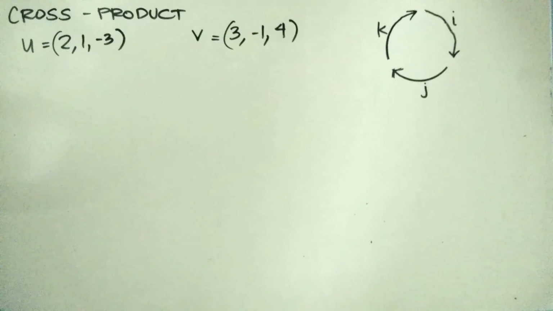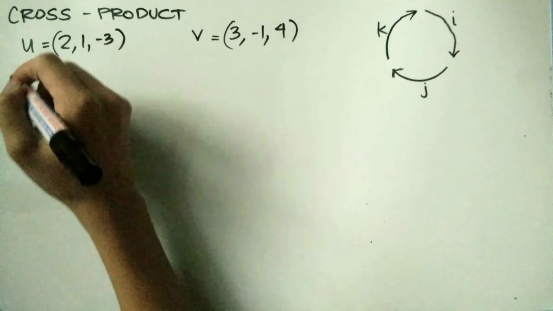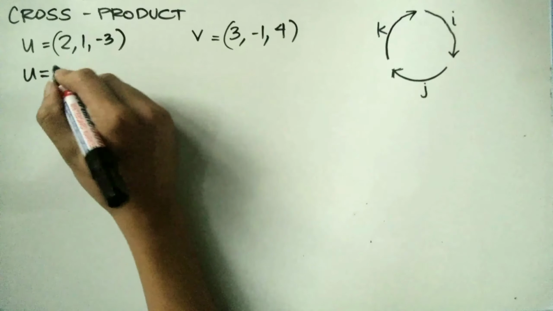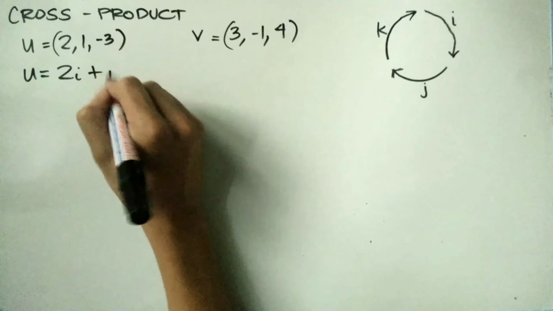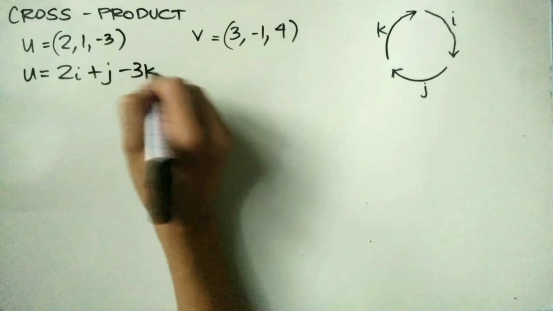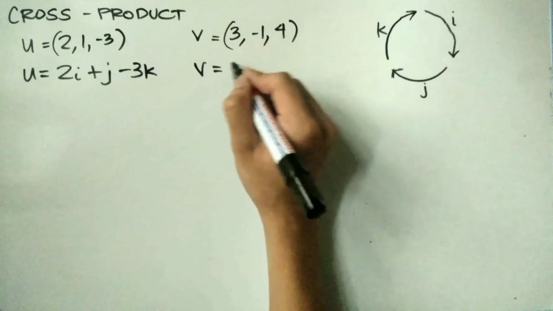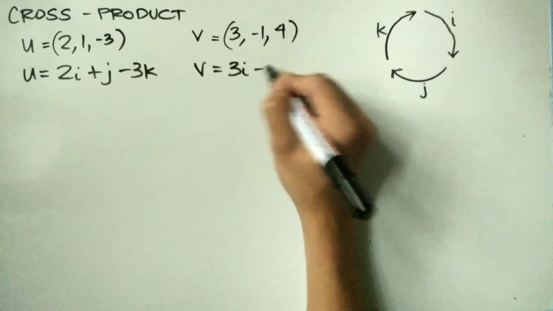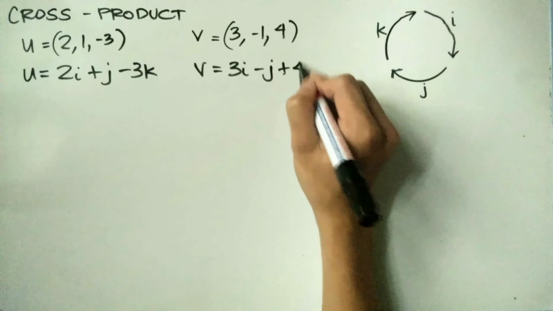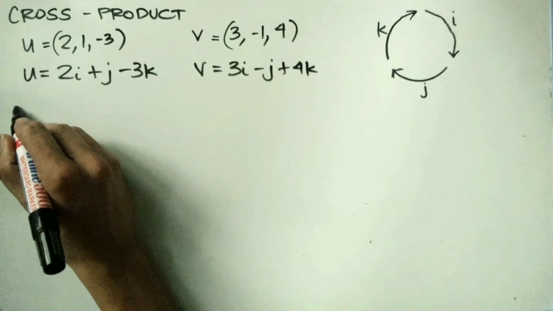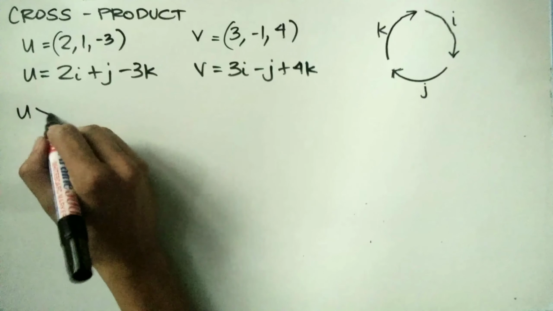Let's have an example on how to find the cross product of two vectors. We have here vector u and vector v. Remember, this can be written as u is equal to 2i plus j minus 3k. Vector v can be written as 3i minus j plus 4k. So for the cross product, u cross v,